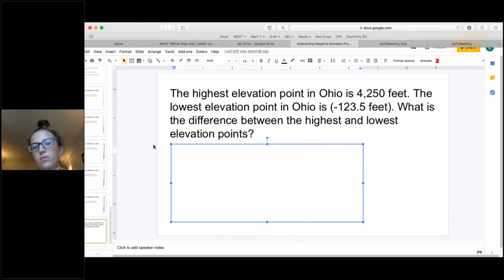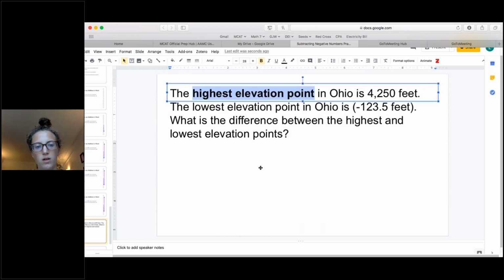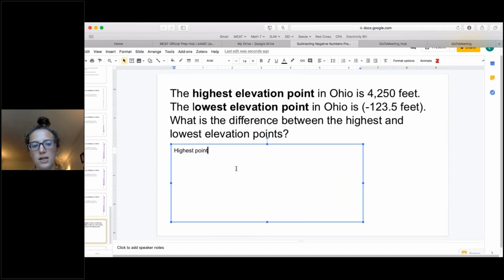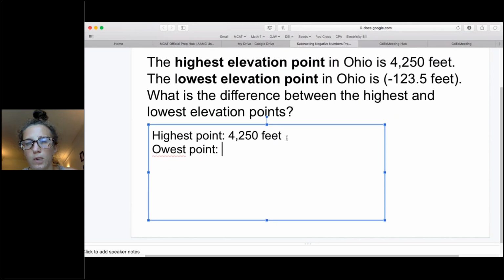The highest one. Yes. Highest point? The highest point, yeah. So there's a highest point, and there's a lowest point. So we've got some key numbers here. I know my highest point, I'm just going to take notes, is 4,250 feet. Okay. Lowest point. And negative what's my number? 123.5, awesome. I'm going to make sure we know the lowest point is negative. So I know these are my two key numbers,